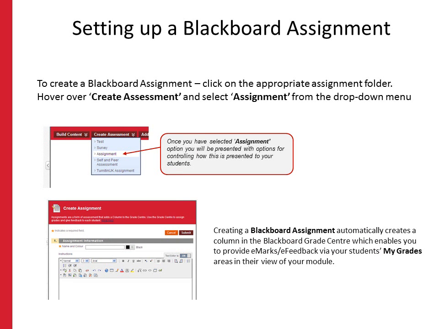Having created the assignment folder, now all we need to do is click that folder to begin to create the assignment itself. And to do that, you hover over the Create Assessment tab and select Assignment. You will then be presented with the options for controlling how this is presented to your students, as seen in my previous slides. Now, creating the Blackboard assignment automatically creates a column in the Blackboard Grade Center, which enables you to provide e-marks and e-feedback